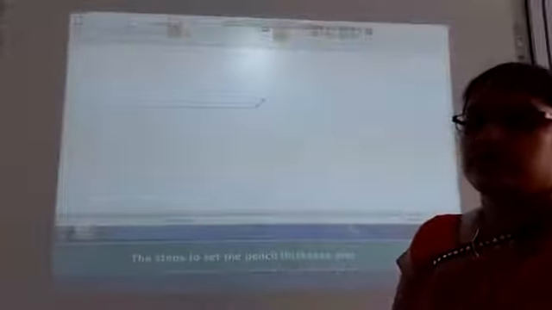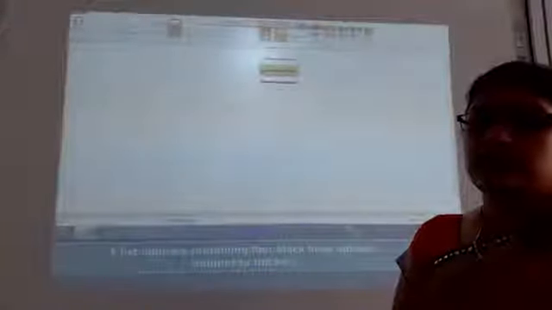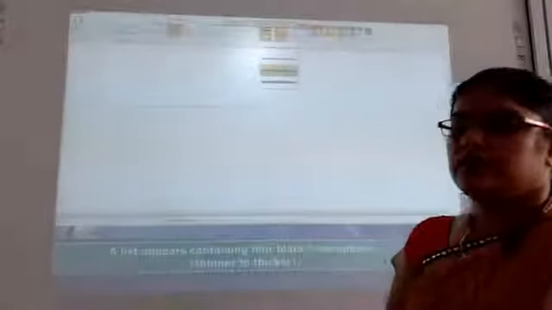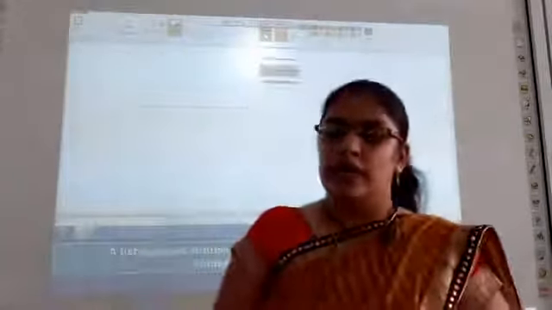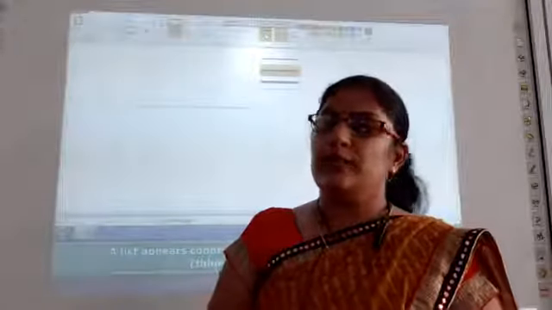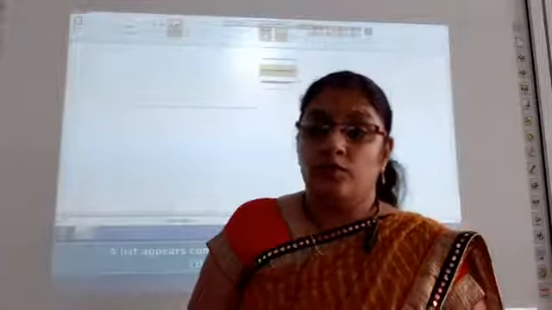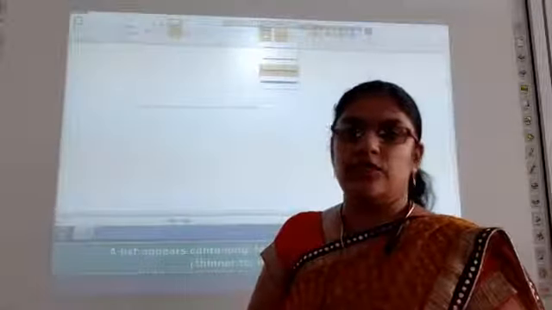The steps to set the pencil thickness are: click on the Size list box. A list appears containing 4 black line options. After selecting the pencil tool, the mouse arrow will change to a pencil. If you want to increase the size of the pencil for making a drawing, how will I do it?